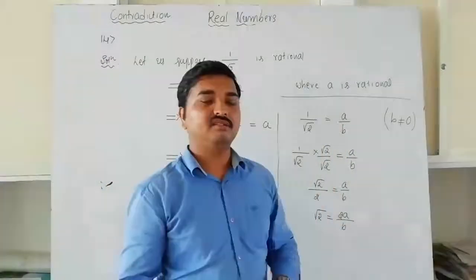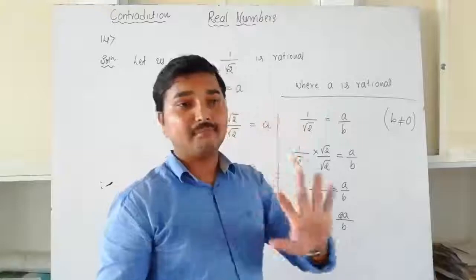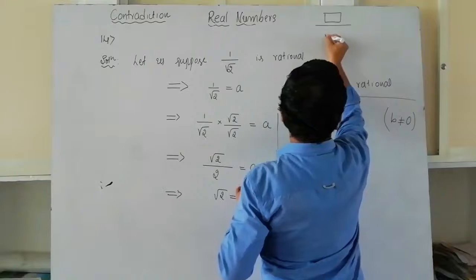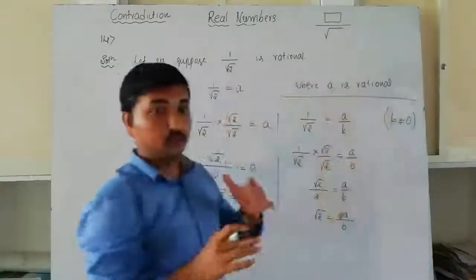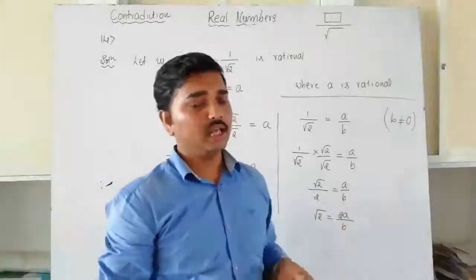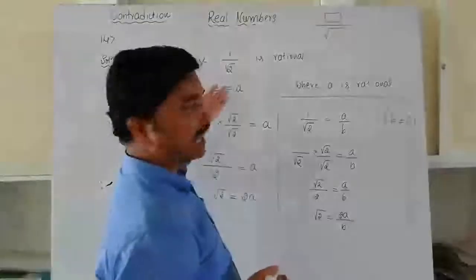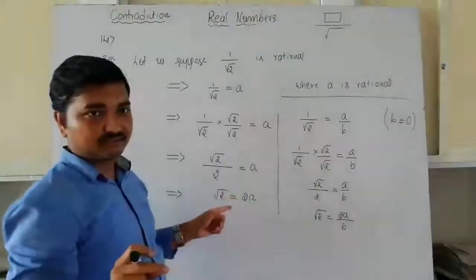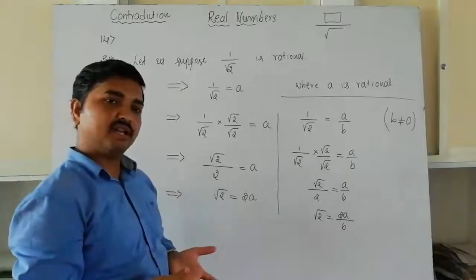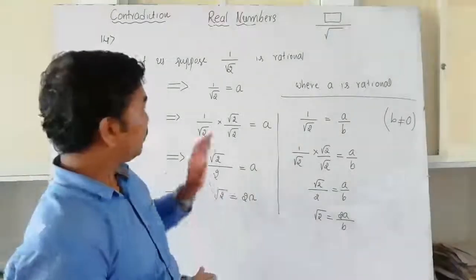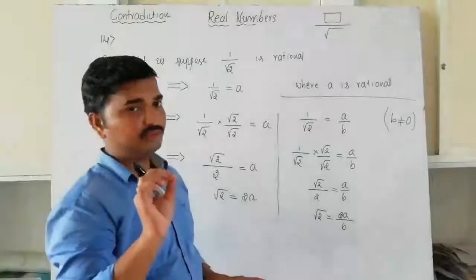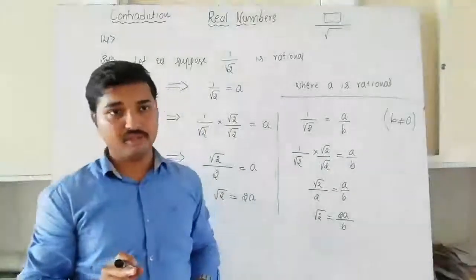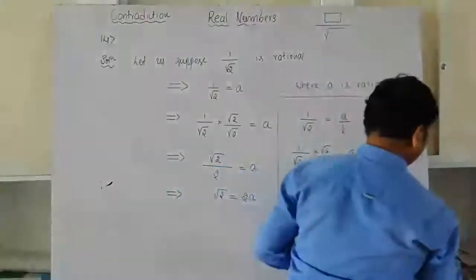So remember, in the examination, if he gives any number like this, the numerator may be any number, but in the denominator if there is any root term, root 3, root 5, root 7 like that, he may give the problem like this. If the problem is like this, remember you need to rationalize. In the examination he can give any number, so I'm giving you the clue or hint: if any number like this appears, you need to follow rationalization. Remember this. Okay, now I will move on to the next one.